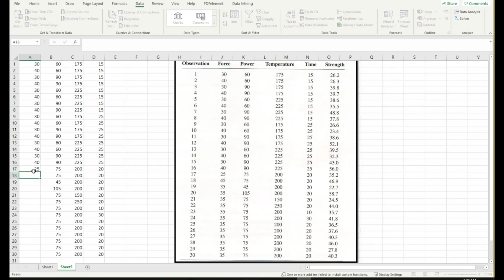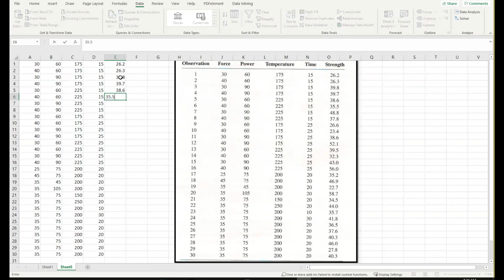Tapos 25, we have 45, and 35 hanggang dulo din. Okay. Tapos last is, ito na, 26.2, 26.3, 39.8, 39.7,